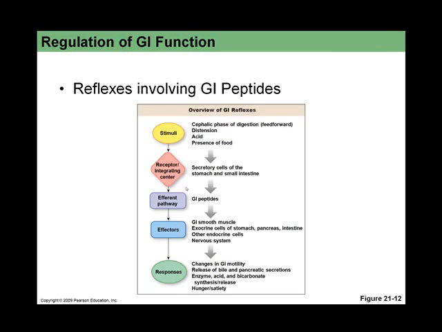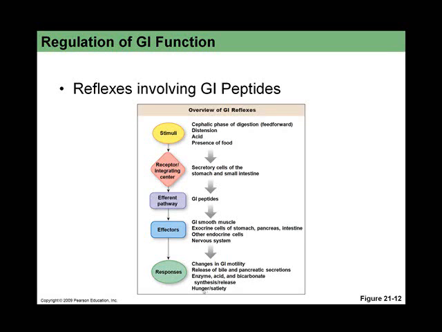secretory rate or secretion rate of the chemical signals, GI peptides, which is the efferent pathway into the interstitial fluid and acting locally or being delivered via the plasma. And the effectors, the target cells, are the smooth muscle in the gut tube, endocrine cells of the stomach, pancreas, and intestine, other endocrine cells, and the nervous system in general. Then the responses are changes in GI motility, release of bile and pancreatic secretions, enzyme, acid and bicarbonate synthesis and release, hunger, and satiety, which is one area of